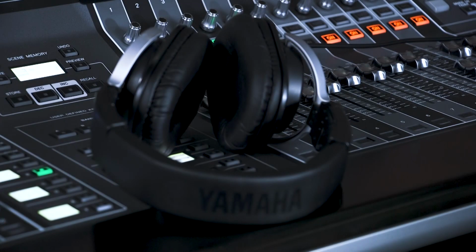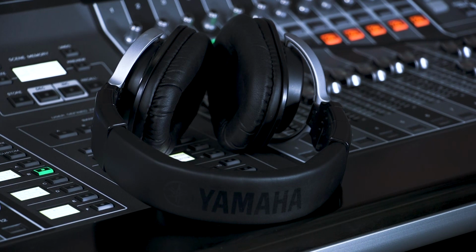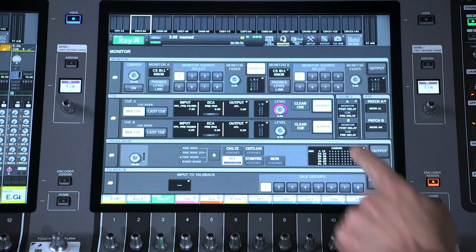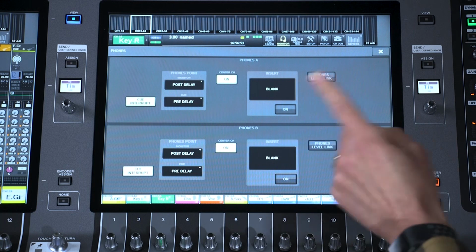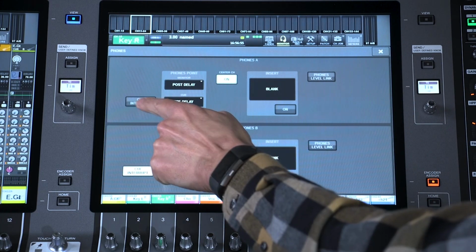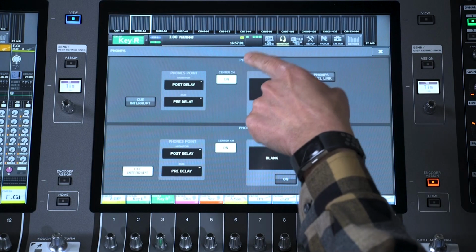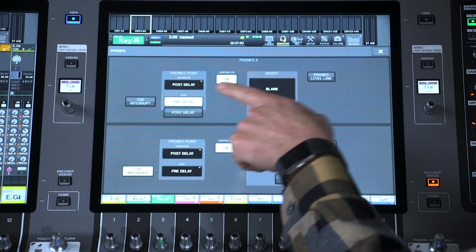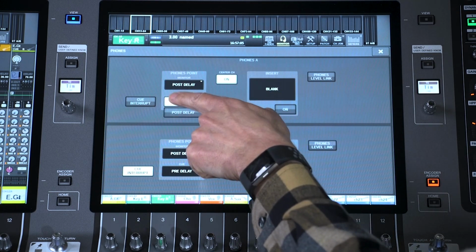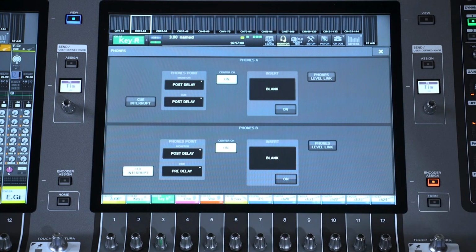Now, the Q-Bus feeds directly to the headphones, though it doesn't have to. Press the Phones button and see you could disable Q Interrupt in case you want to just use them as a monitor. And see you can add delay to time align the headphones with the PA system or broadcast video.